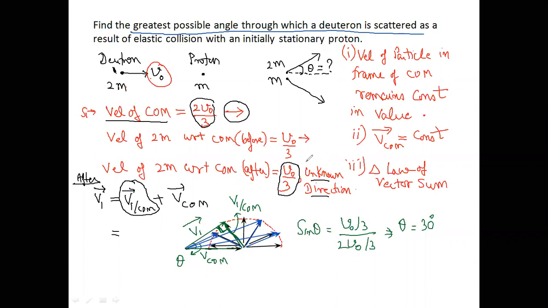So this was the discussion of 3 questions based on the theory of collision, transfer of energy, and angle of divergence, the scattering angle. All these questions are very useful for understanding collisions between particles, and they help in understanding certain concepts in modern physics. I hope this concept is clear to you now. If you find any difficulty, you are free to write a message. You can send your message through WhatsApp or in the comment box.